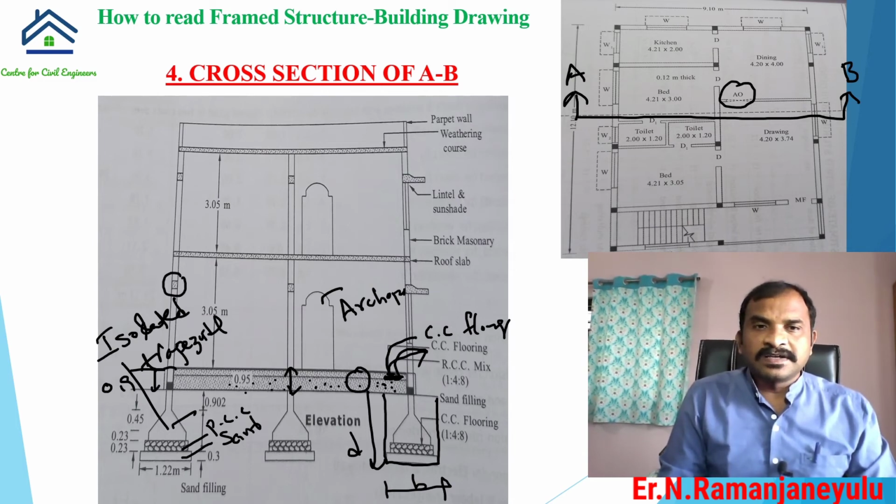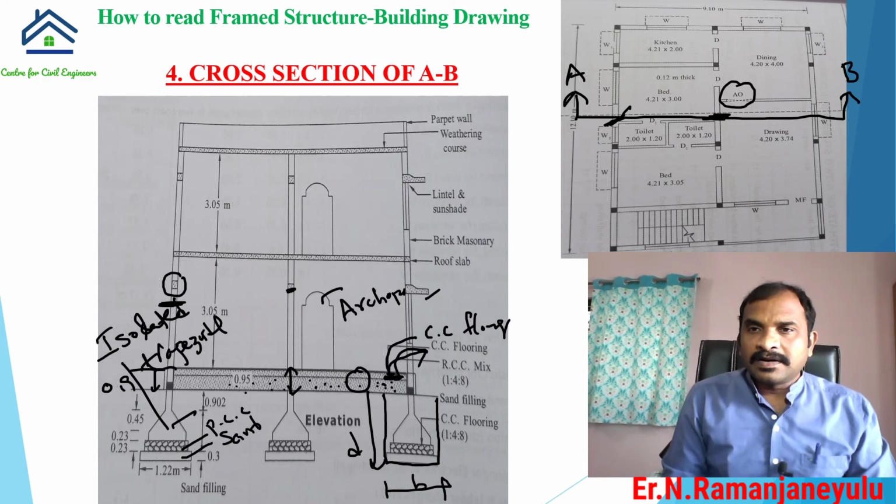In this section we will be able to see the wall cutting portion. That's why here we have wall. We are able to see the wall completely, and here we have wall completely. Again here we have another wall. Here we have lintel cum sunshade, last wall cut along the window. That's why we are able to see this window and this sunshade length and the thickness of the lintel.